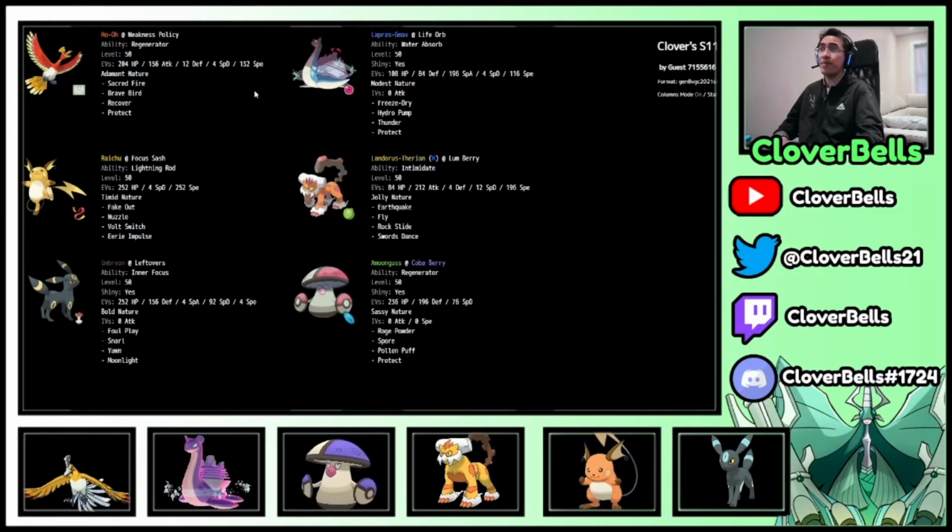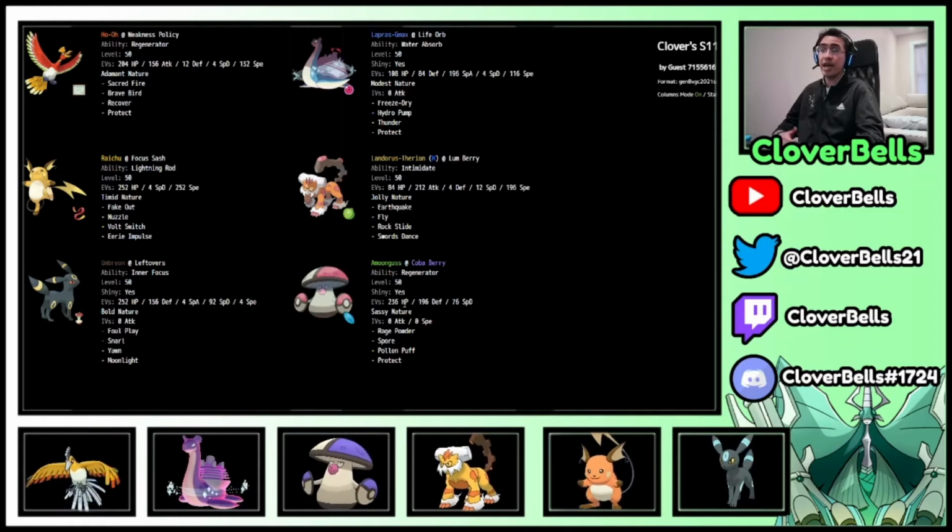We got Ho-Oh, Lapras. Again, Ho-Oh and Amoonguss are able to capitalize off of double Regenerator behind those screens. Raichu helps support the Ho-Oh and the Lapras. We got speed control with Nuzzle, and Eerie Impulse against those special attackers. Umbreon can do the same thing, punish that early Max with Yawn, and even Snarl